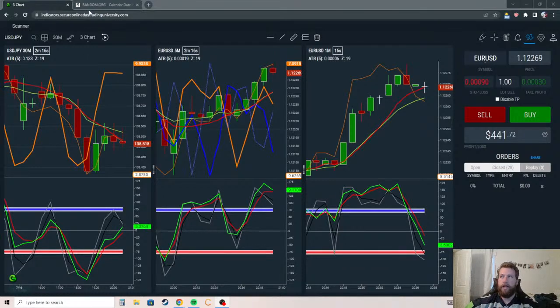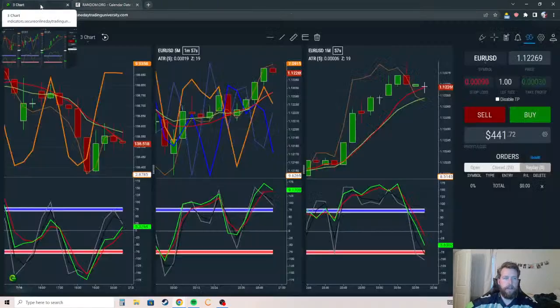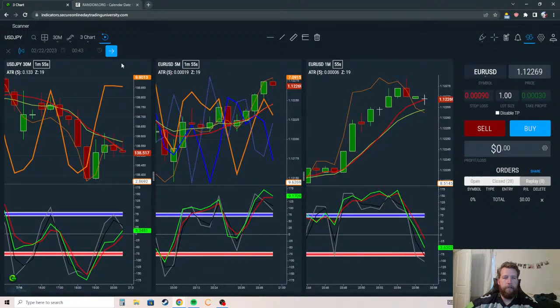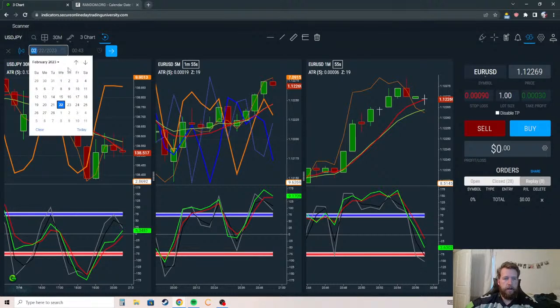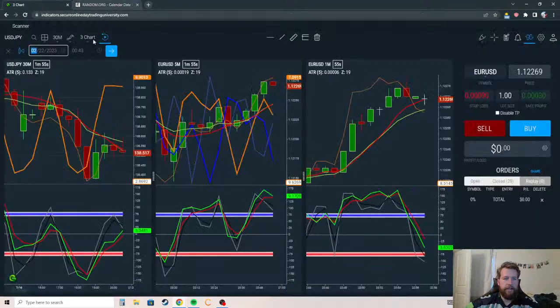So we're going to go to random.org, where I've put in some parameters for it to generate a random day. So here we go. September 13th, 2022 is going to be the day. Now we're going to go to the backtesting tool. We're going to go to 09. Oops, did it say 13th? Yeah, September 13th,